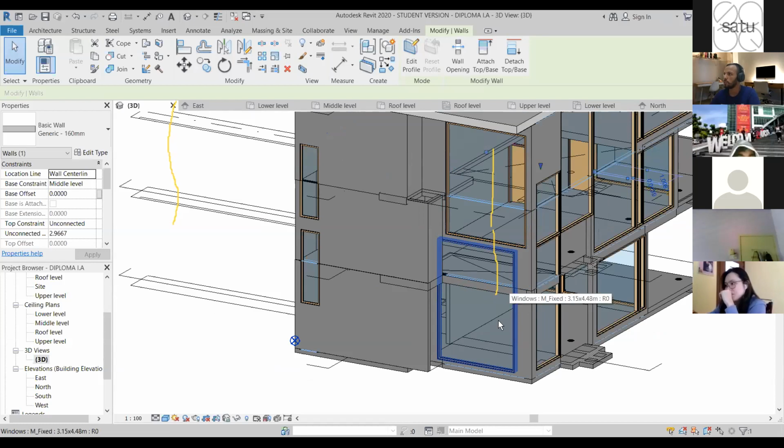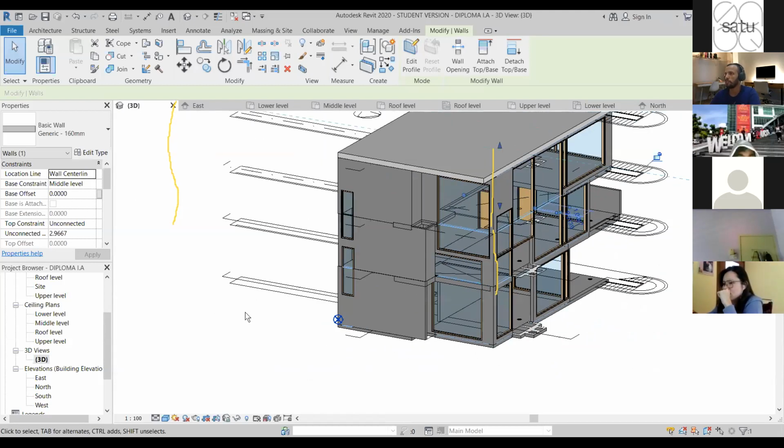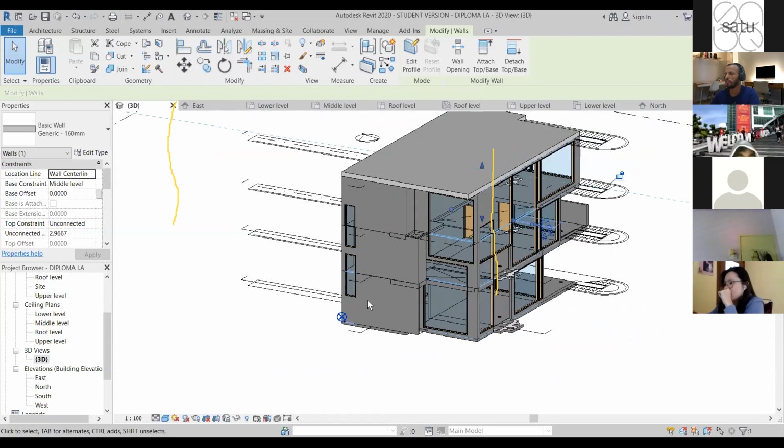This window normally it should be aligned with the window above. If I go and see 3D of the AutoCAD, it's aligned. 这个 2D 跟 Revit 的 3D 是不一样的，所以出来的东西是不一样的，所以你要自己调。